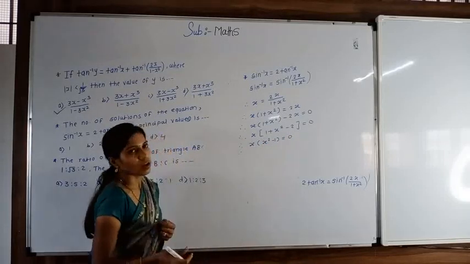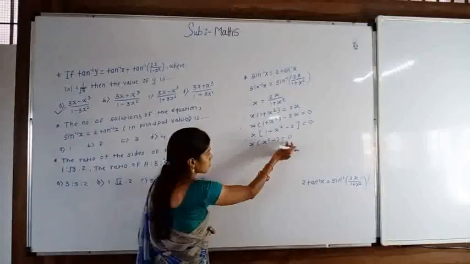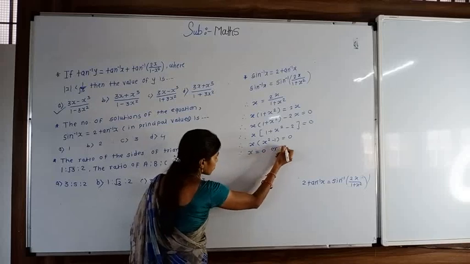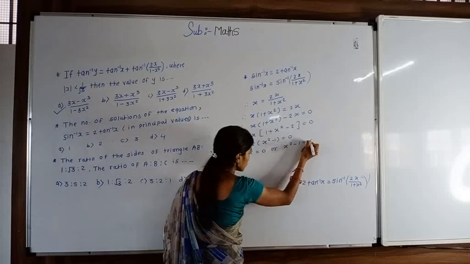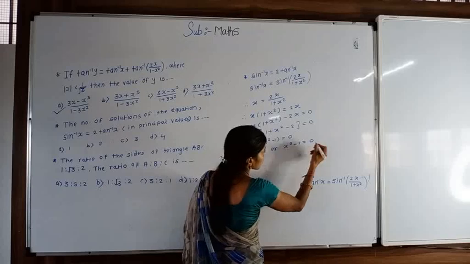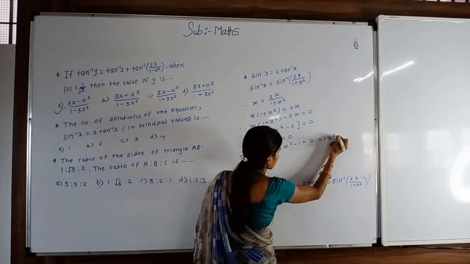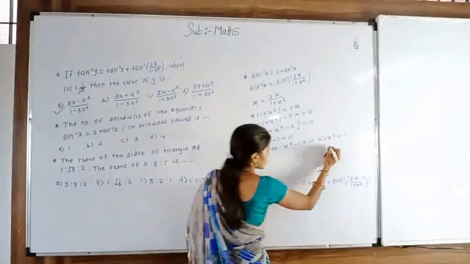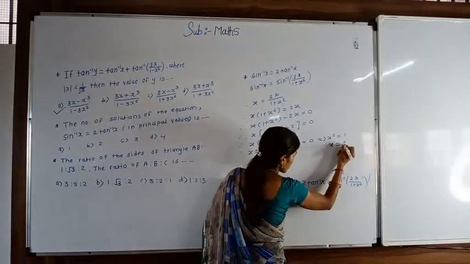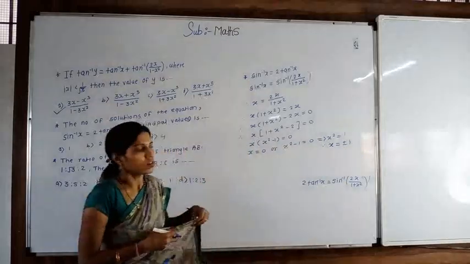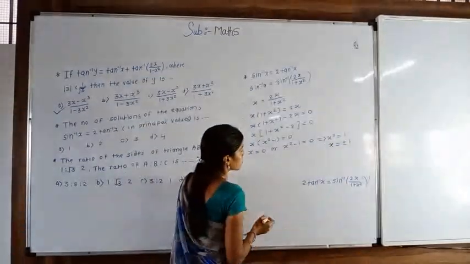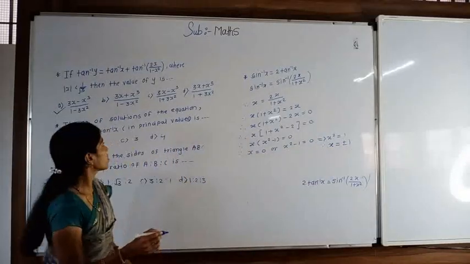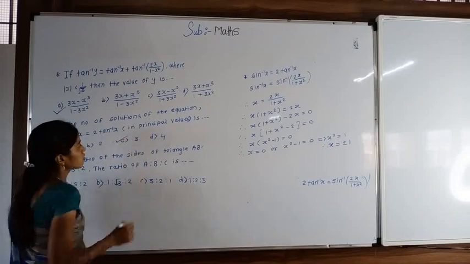So in that case, the product of these two terms is 0. So we can write either the first term is 0, or the second term x square minus 1 is 0. For simplifying this equation, we can write x square is equal to 1. Taking square root on both sides, we find the value of x is plus minus 1. So see here, we have three solutions. First is 0, second is 1 and last is minus 1. See here, the number of solutions is 3.